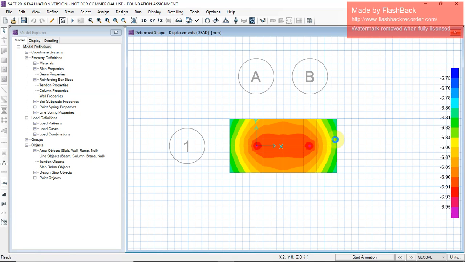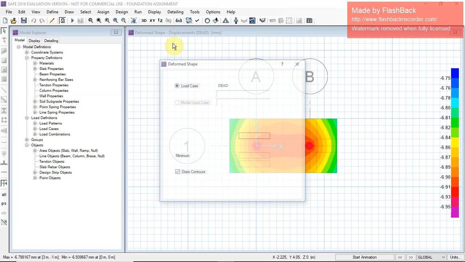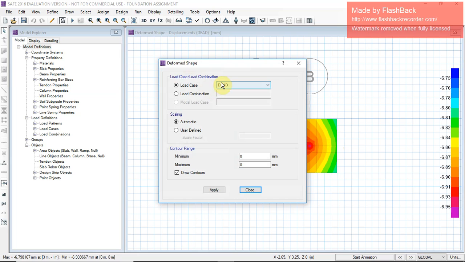Here you can see the analysis and deflection values, displacement value by the dead load. Here you can check show deformed shape for dead load, live load. You can see for the combination also, like combination 1 applied.